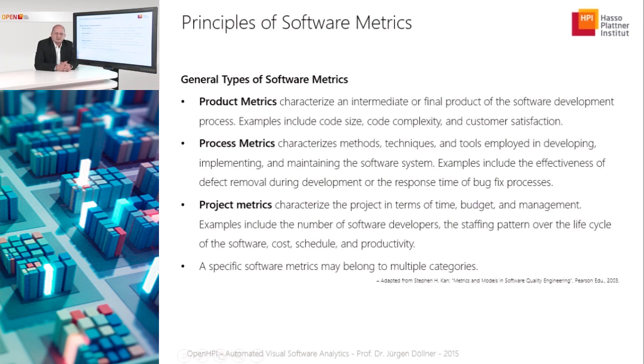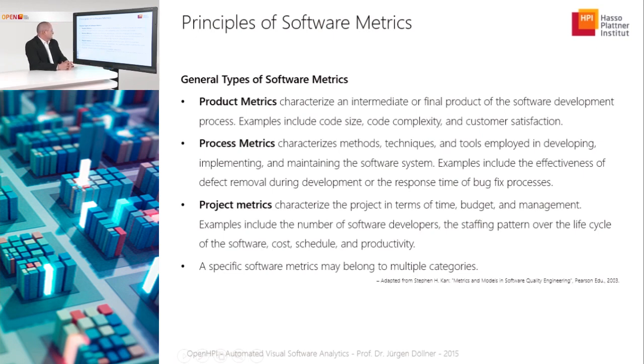The second category relates to the process. These process metrics characterize methods, techniques, and tools employed in developing, implementing, and maintaining the software systems. For example, the effectiveness of defect removal during development, or the response time of bug fixes processes are typical metrics measured